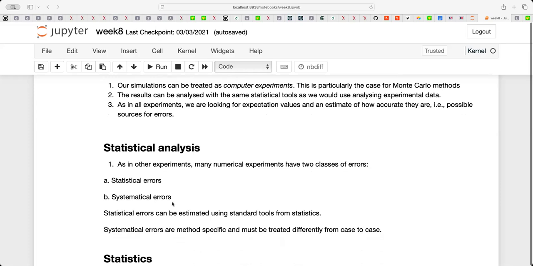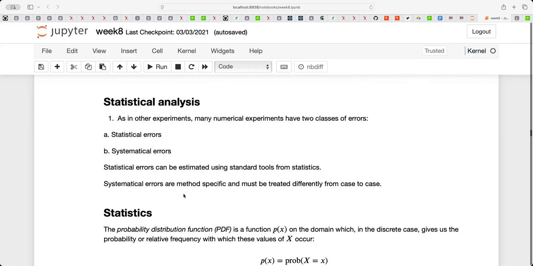So one systematic error we have in these calculations is obviously the Hamiltonian which we are applying. In the case of bosons, the Hamiltonian we made up is a model. That may not reflect physical reality. So that will be something which leads to a systematic error. Systematic errors are much, much more difficult to deal with, and we will just put them under the carpet. We are just going to look at the statistical errors.